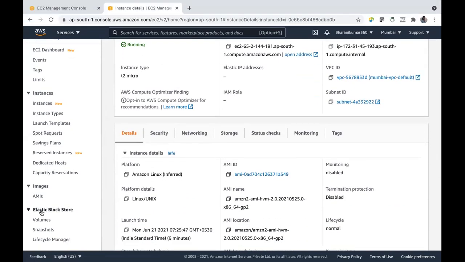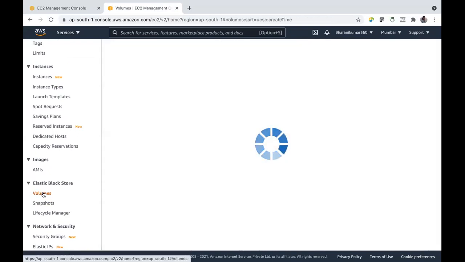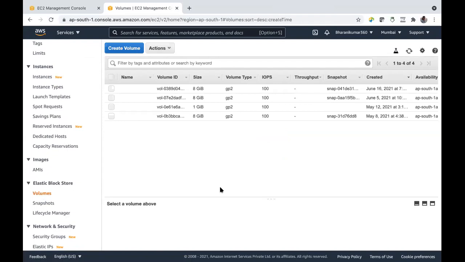Now let us talk about volumes. We will do a hands-on now. We will create one EBS volume and see how to mount these EBS volumes on top of your existing EC2 instance. That means the EC2 instance is already created. While creating, you have an option of adding more volumes.